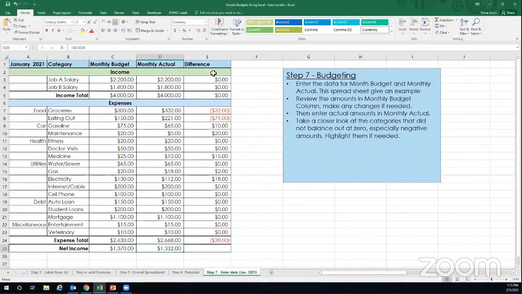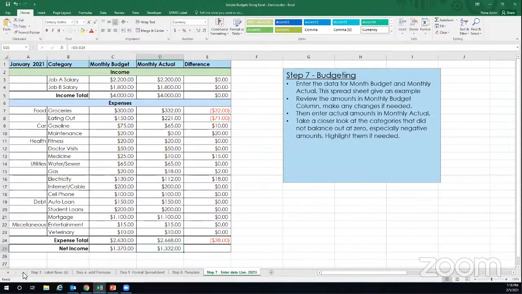And then we have our final column where it calculates the difference between what our budget was and what our expenditure was, and it will help us identify if we overspent in a category or if we actually saved some money and didn't spend what we expected. At the bottom, we have some expense totals to help you see what money you expected and what your total expense was, and if there was any overspending that you did or anything like that. Okay,